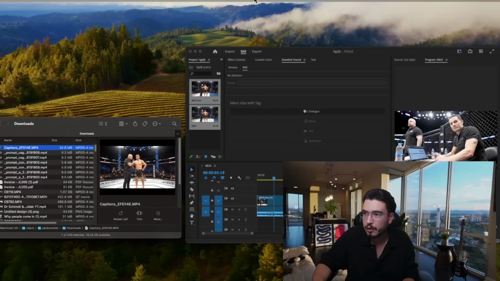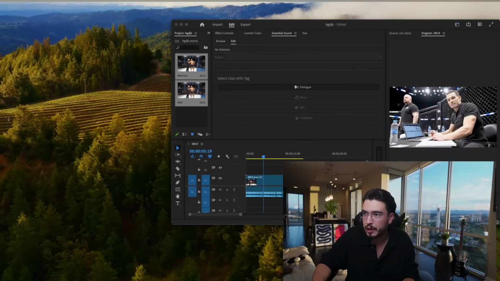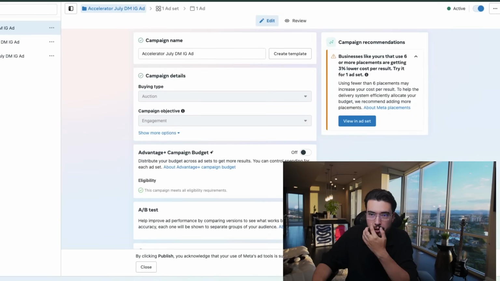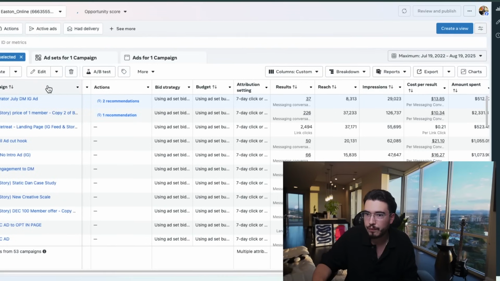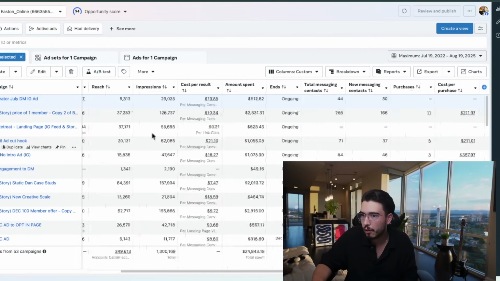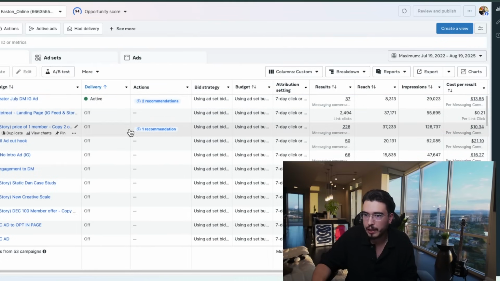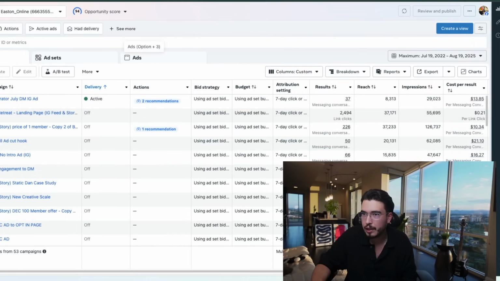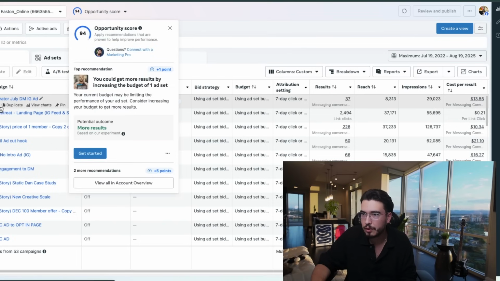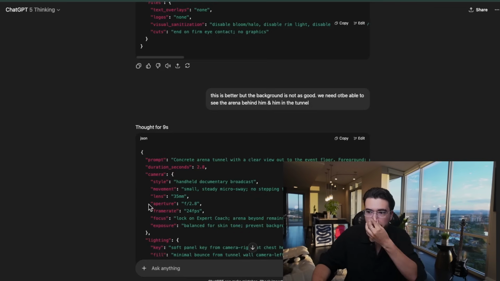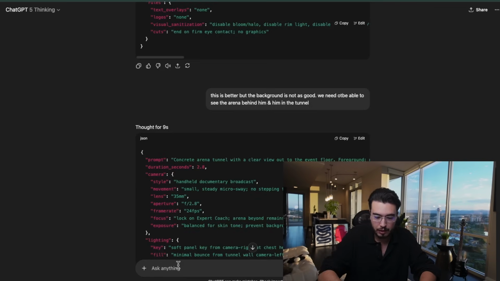Cool. So now let's jump into, bring this puppy over here so we could grab it when we're in the ads manager. Cool. So to not overcomplicate it, guys, actually, I'm not going to duplicate any of these. I'm quite literally going to ask ChatGPT to give me an ad script for it.